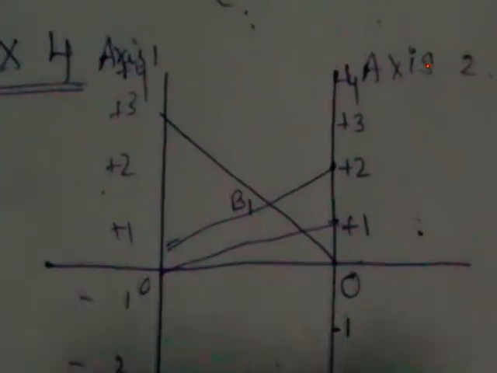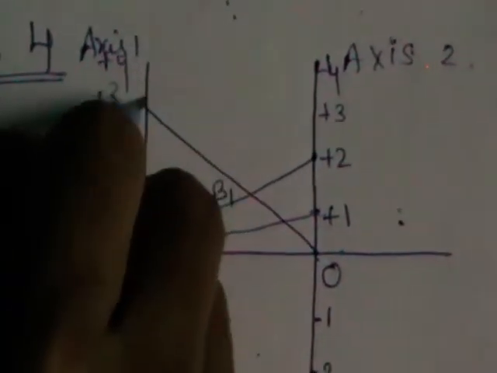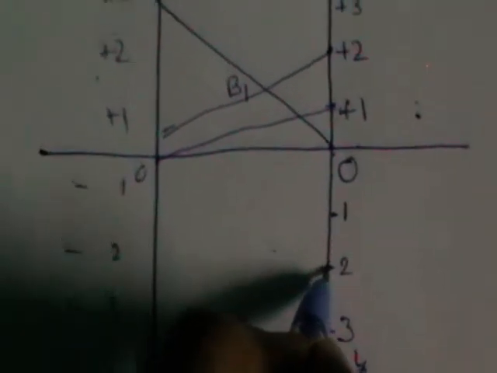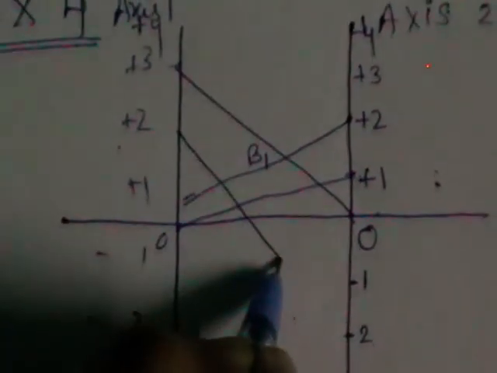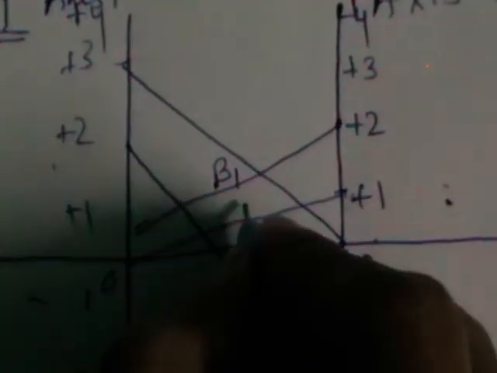I think this one you are going to represent from here, 0 to 3. What is the next one you have? Minus 2 to plus 2, from here to here. What I said, the first one is B1. Okay, where is B2? This is B2,